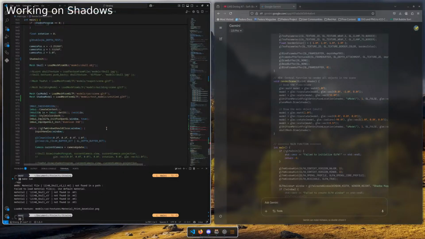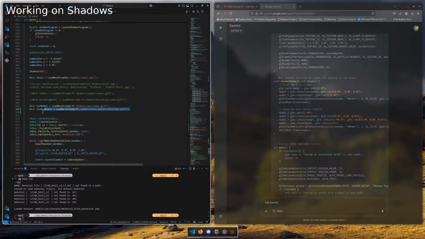But okay, we'll see. Skull mesh. I think we should do the car rather than the skull. I don't draw the skull, to be honest.